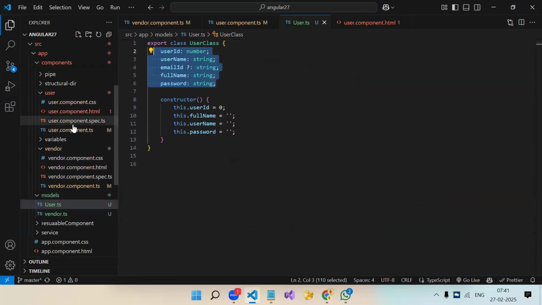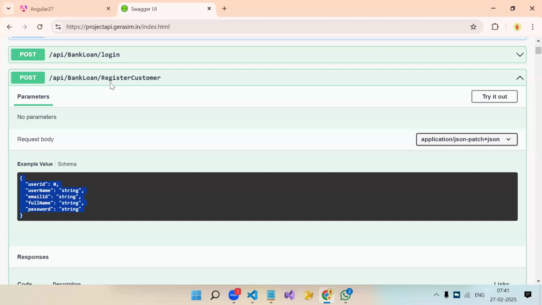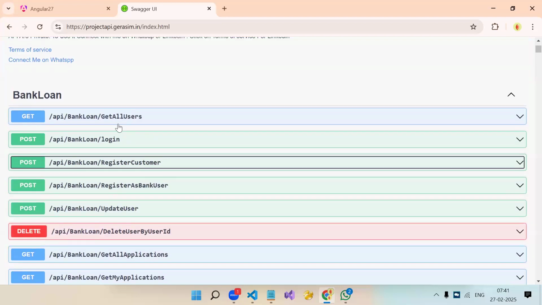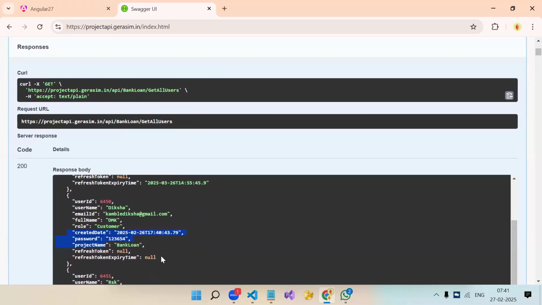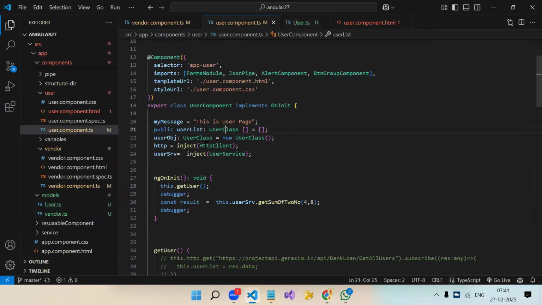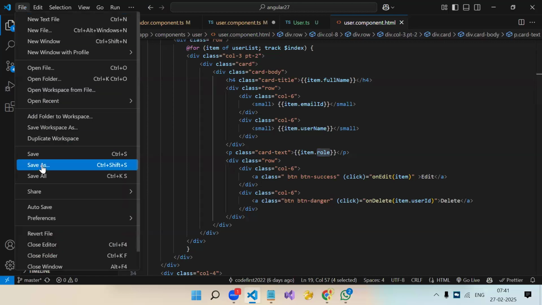Because in this API, for post, we have some different object and in get, we have some different object. See, this is my post object. Here we don't have role. But if we check the get user, we will get role and every other thing. See, so many things we are getting, right? The object you are sending to the post API is different and in get API you are getting something different. So you cannot use the same class over here in the array. So then you can create the interface. Understood? So if a property is not there, you cannot use it in the HTML. It will throw you the error. Okay.